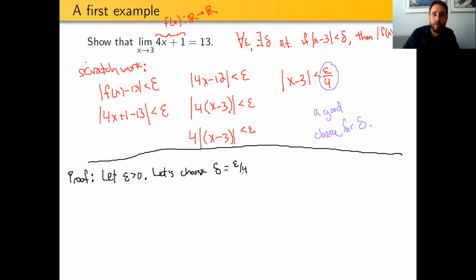So given any positive epsilon, this choice of delta is a positive delta. And once we've chosen that, we can say then suppose we have an x value in our domain, which again is just all real numbers here. So suppose we have an x value that satisfies